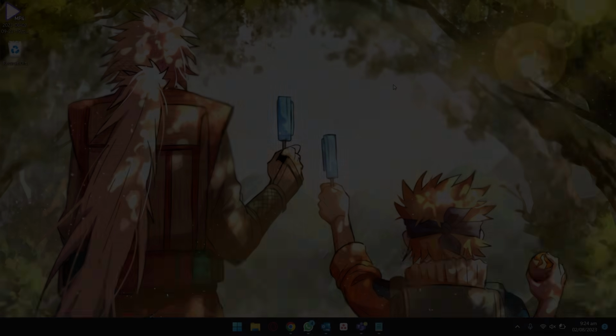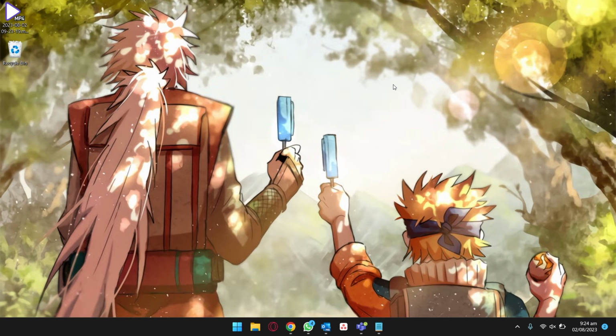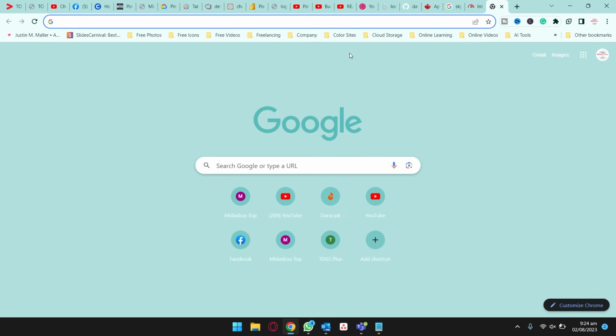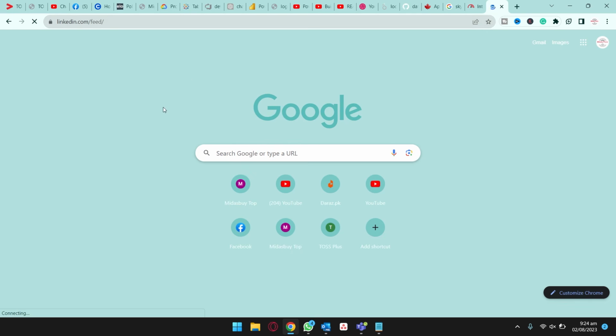it easily. Here I am on my Windows PC, and the process is the same for Mac users. All you are going to do is open your Google Chrome browser and open any website that is blocked. If I open LinkedIn, in my case it is blocked in this particular area, and you're going to see that if the site is blocked, it is going to keep on loading and loading, but the site